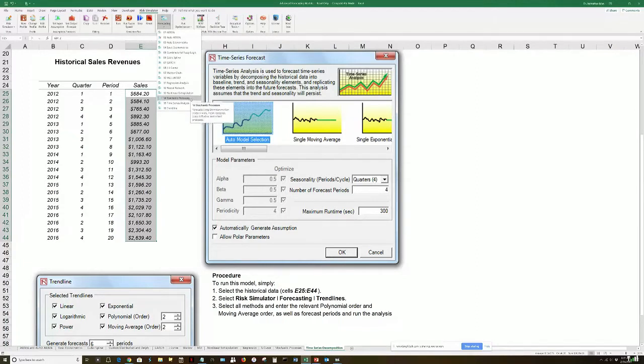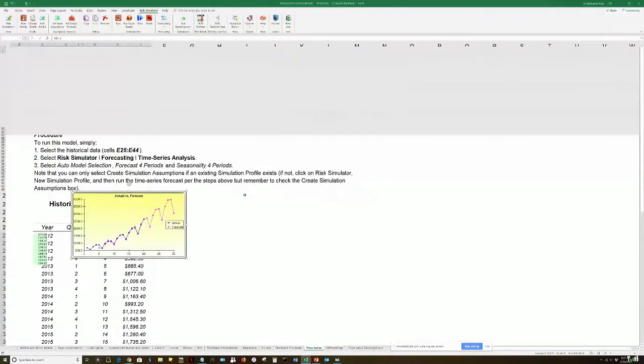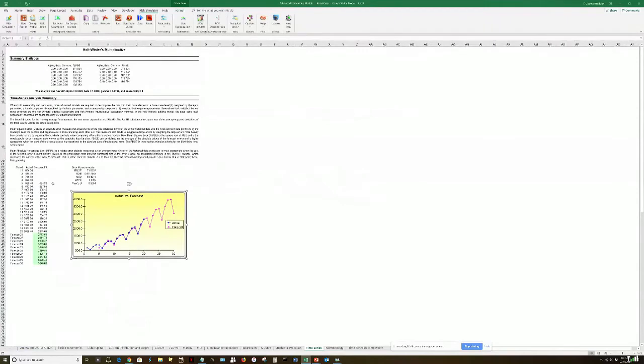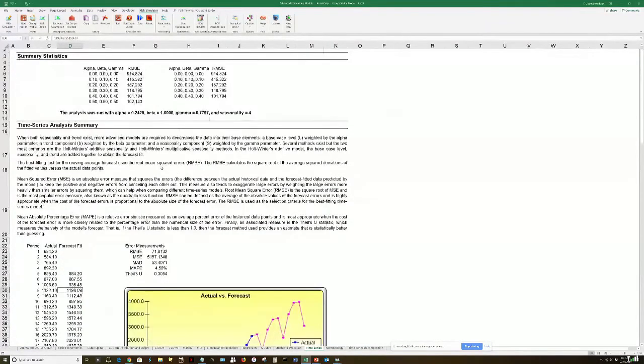When I pop that up, time series analysis, all I'm saying is, okay, run for me a time series forecast. So for the data selected, I just click that one button and say the data is in quarters, and please predict for me 10 periods. You can predict as many periods as you want. It's up to you. But the further out you go, the higher the level of uncertainty, and therefore the least certain, if you will. So in this case, I'm just going to click OK. It goes out there, thinks, and it generates a set of results for me. So all I did was literally just click OK.